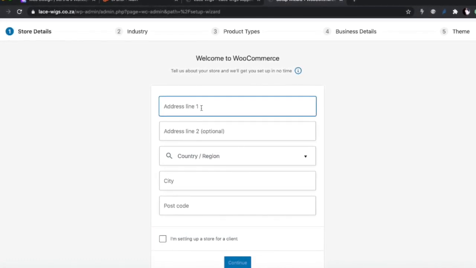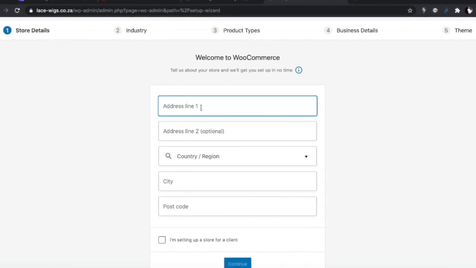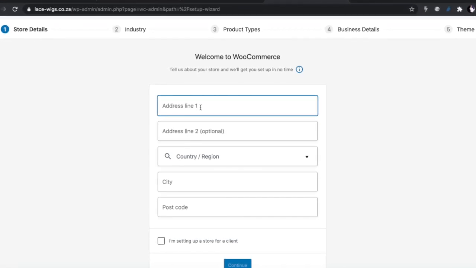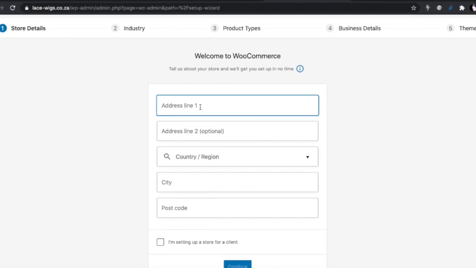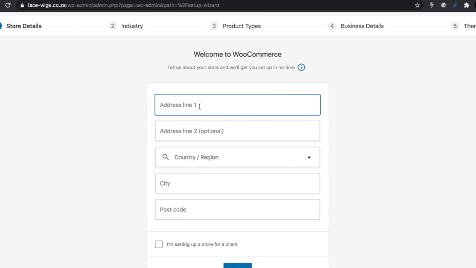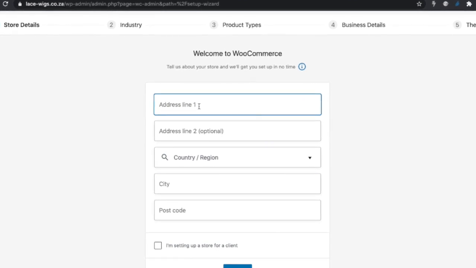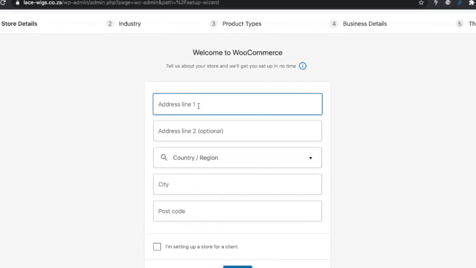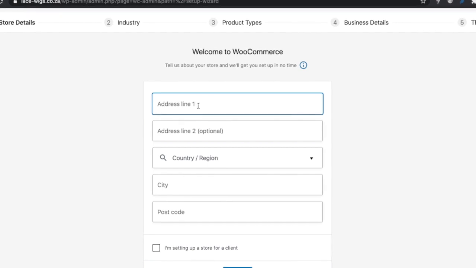South African Rand. I like to do this right at the beginning. Shipping, privacy policies, all of that we will fix later. So I just want the installation done, WooCommerce installed. And if you look at our website, you won't notice that we've done anything different. It looks exactly the same.